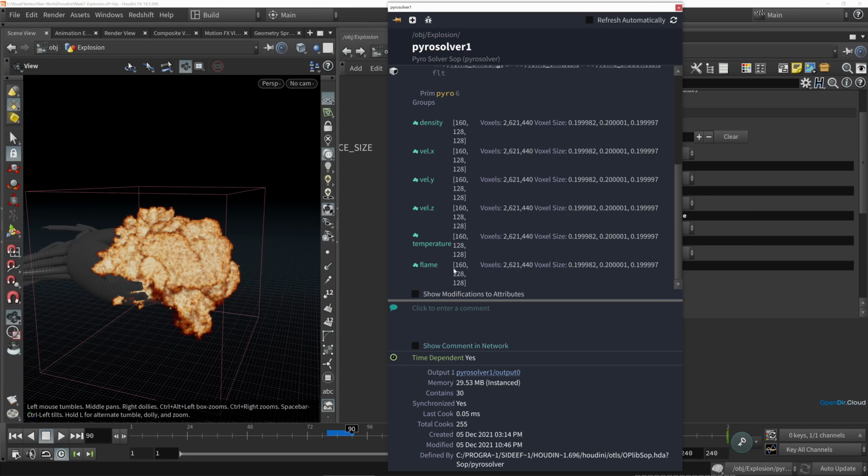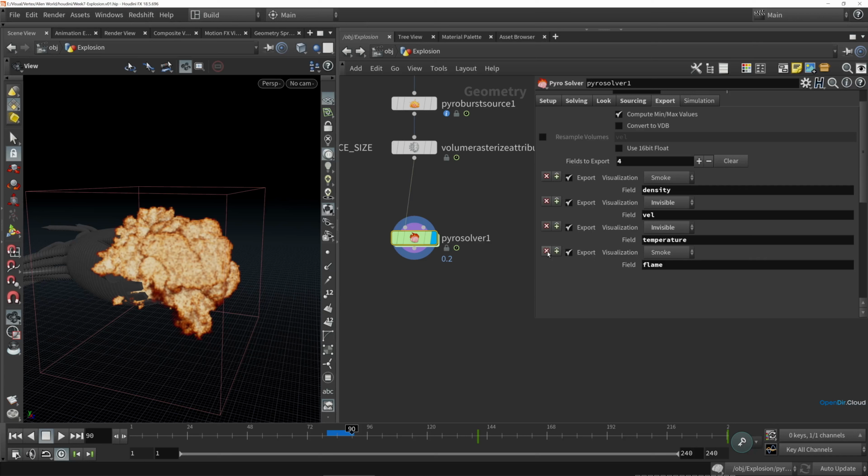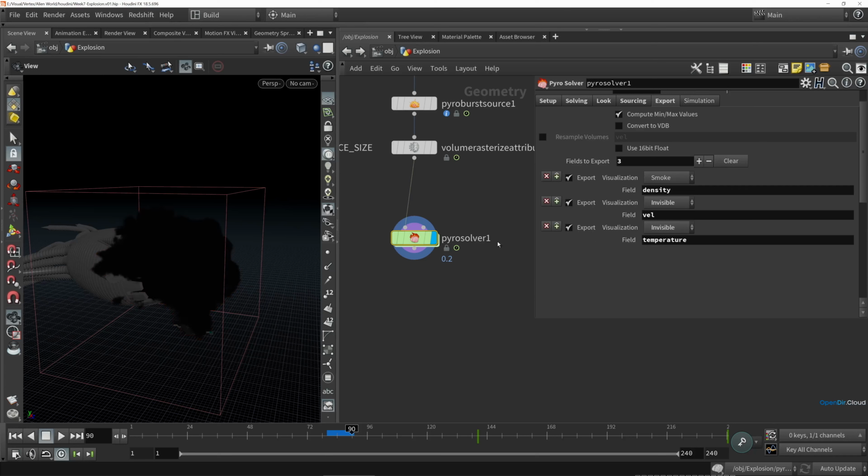So because we're not really using the flame for any of our rendering, we can actually remove that from the fields that we're exporting here. So removing CD doesn't make any difference because we don't have that anyway. Removing flame will make a difference because by default, this PyroSolver shader was using that flame to drive that sort